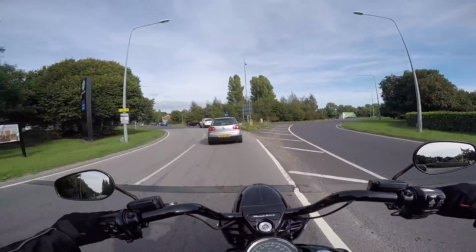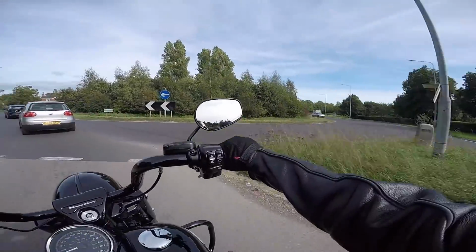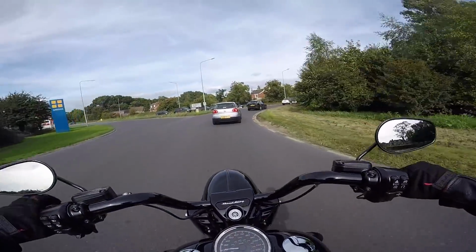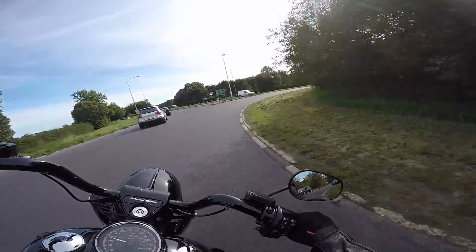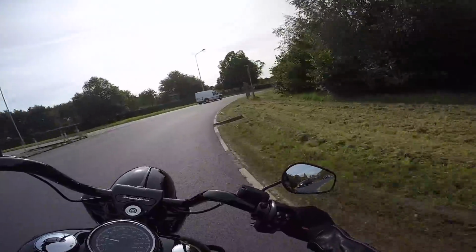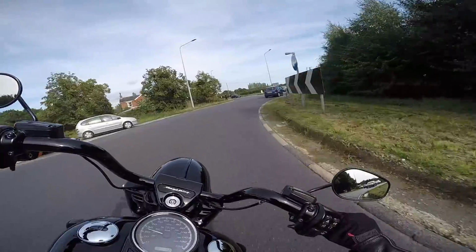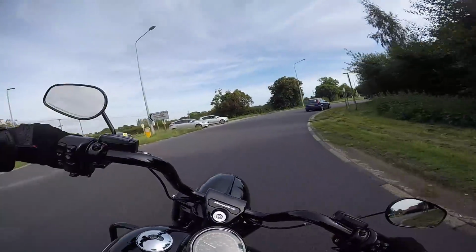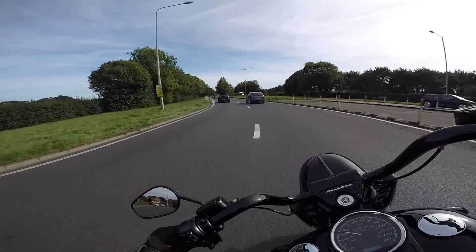So coming up to the first part of the test is the manoeuvres. So we're going to go around the roundabout, right indicator on. I'm going to do a full 360 and see what this feels like. So for me, I can really lean this thing in. I've got no issues with the front end caving in on me, and to be fair, it's a perfectly balanced bike in that aspect. And then when you open it up,